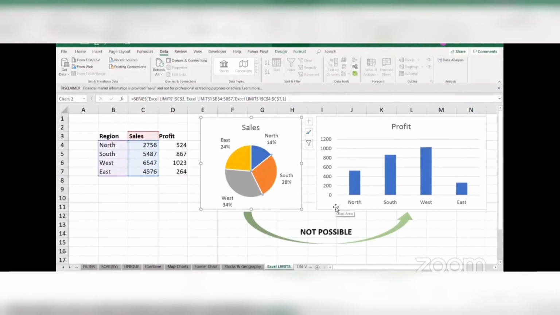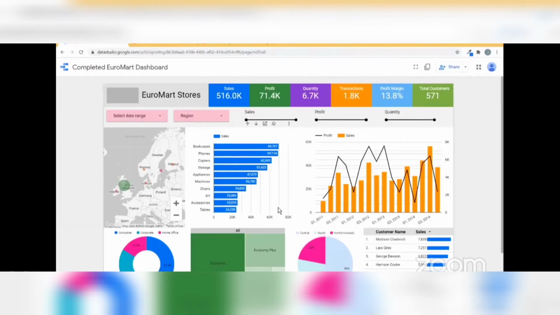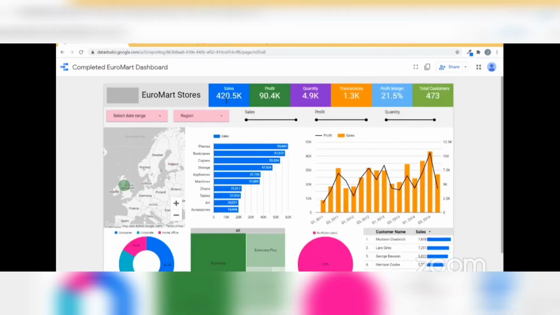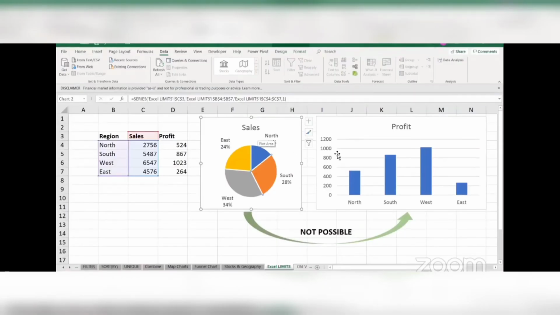So if you want to slice and dice your data using visuals, you need to have a full-fledged dashboard which can help you select different things. For example, if I select, let's say, United Kingdom, I click on this, wait for it, and my sales will show me data for United Kingdom only. You can see 420K. So this is continuously updating according to your selection. All of this is really important when it comes to a dashboard, and Excel fails at that job because it cannot have interactivity between two different charts.